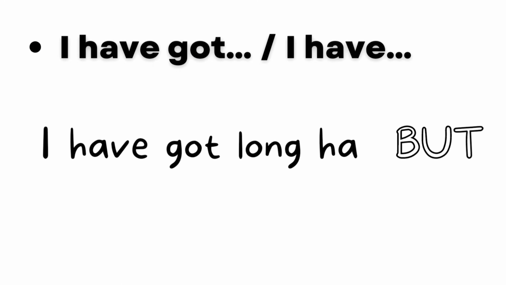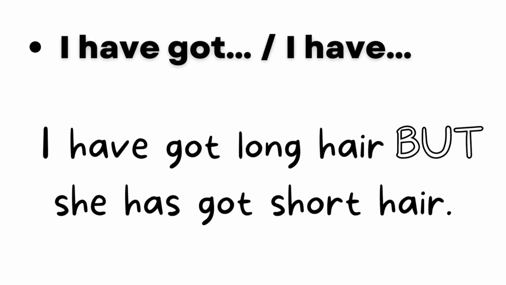You're then going to ask the students to compare the 2 pictures and tell you what's different. Ask them to find 5 differences between each picture. Put the students into pairs or teams and get them to study 2 pictures of 2 students that are not themselves. Remember, we're teaching kids, so we're going to keep this nice and simple. So the structure is going to be I have got, or I have. For example, I have got long hair, but Pablo has got short hair. Alternatively, if you don't want to focus on the things that are different, but focus on the things that are the same, then you can do the same task, but ask the students to look for similarities.